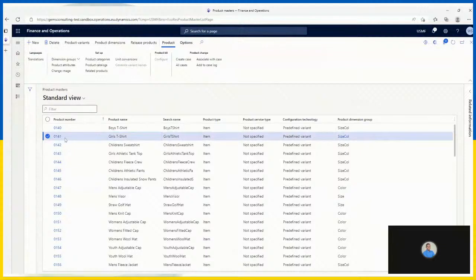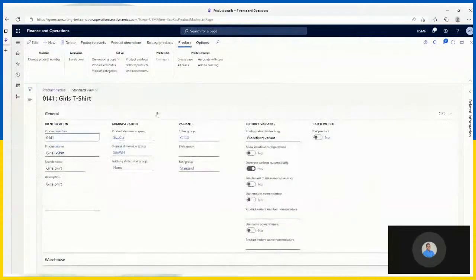What this simply means is t-shirts could have different product variants. And how do we define product variants? We make use of what we call the product dimension group. In this product dimension group, I can see something that says size and color. What this simply tells me is girls t-shirts could be made available in different sizes and different colors. That's what it means. So I can create a new product master,